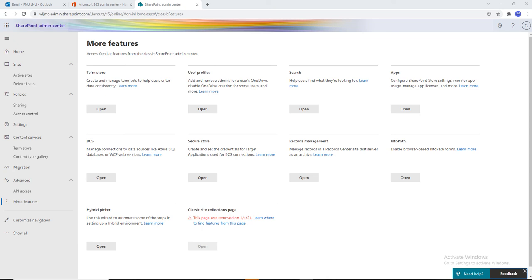Hybrid picker. Use this wizard to automate some of the steps in the settings using the hybrid